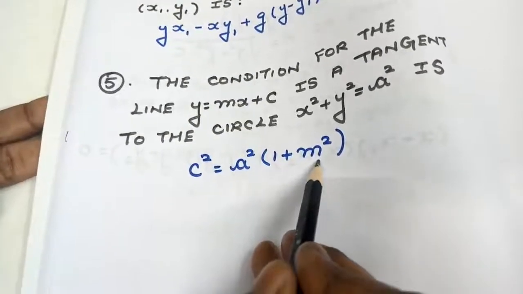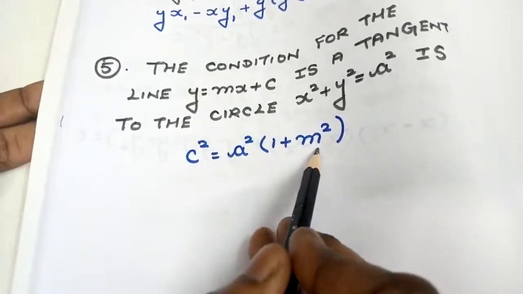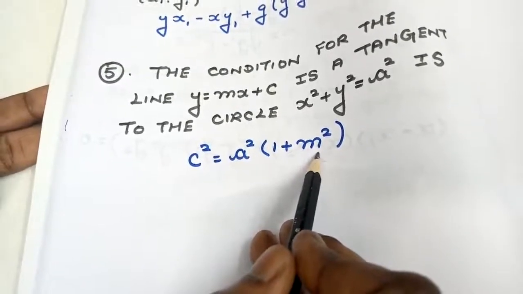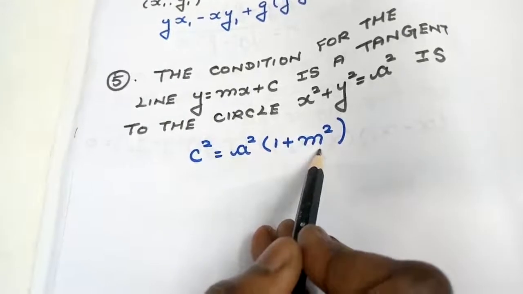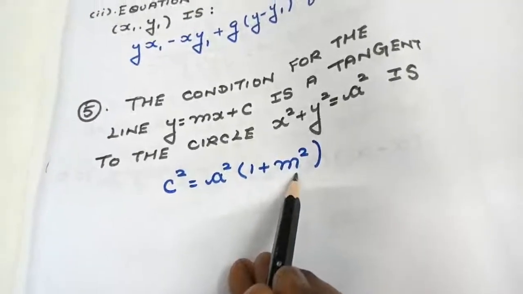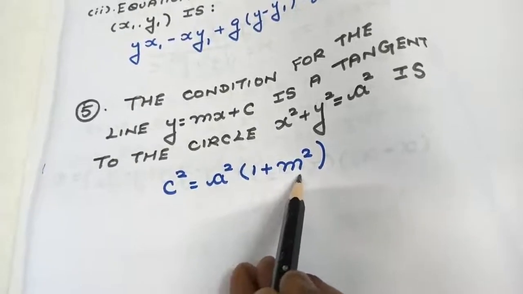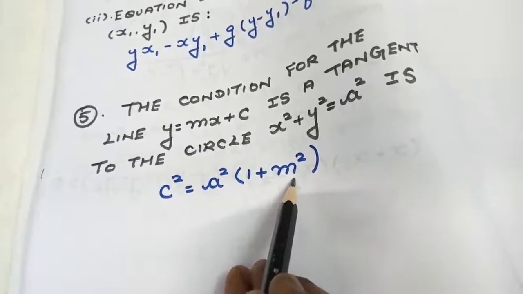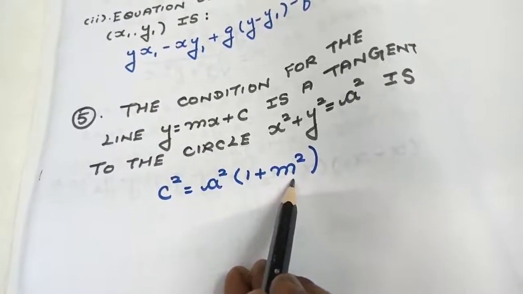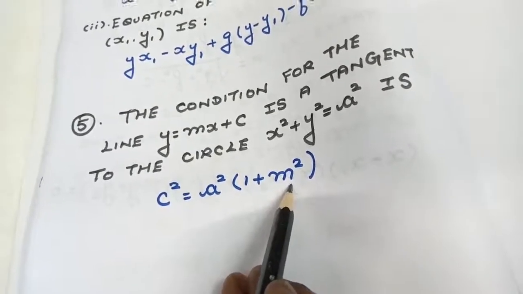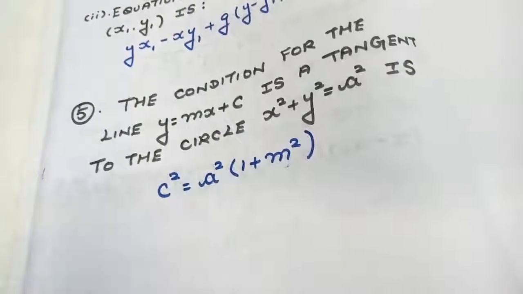So based on these ideas we are going to start with exercise 5.1, and inside that you will have a small concept, that is how to find the radius using the distance formula and so on, students. While you are doing the sums, you are going to see all those concepts. So before starting with exercise 5.1, you must be clear with these ideas. Now we are going to start with the exercise sums.